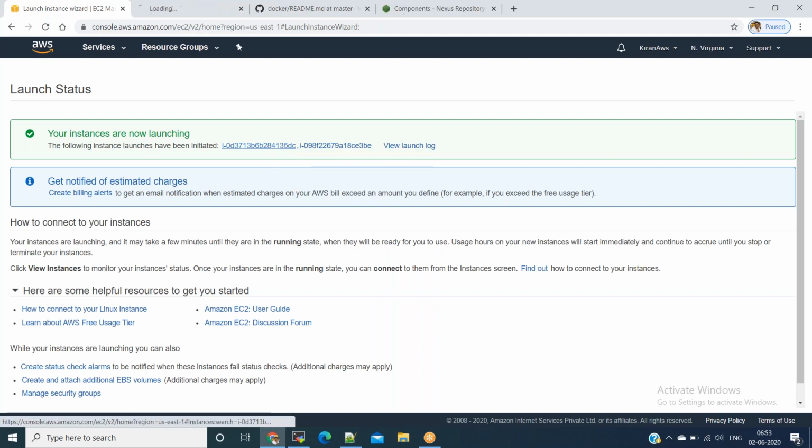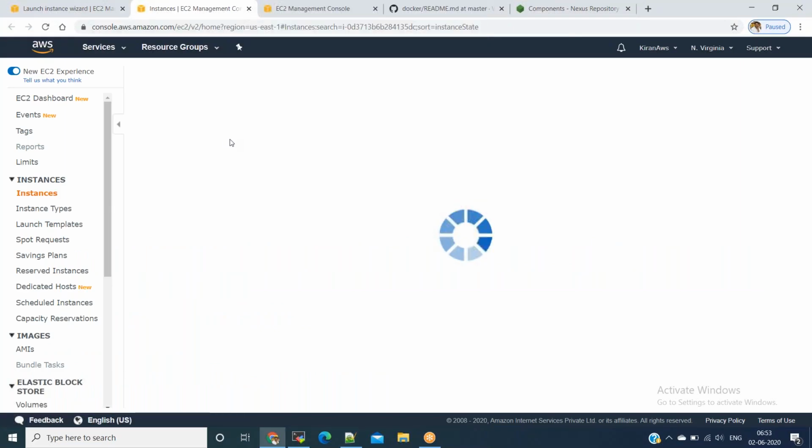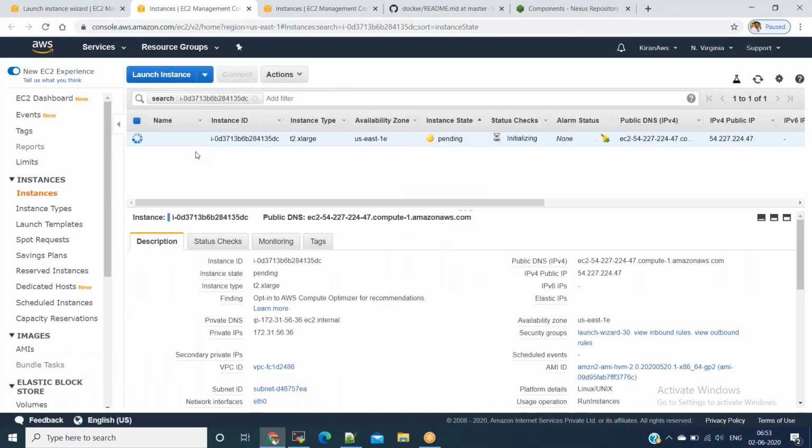Click on each instance ID and just give it a name for our understanding purpose. For the first server, I will give build server, or to be very specific, I will say Spring Boot. That's okay, anything is fine. If you want, build server. Second server, I will say deployment server. Perfect. Let me grab the build server IP and install Java and Maven.